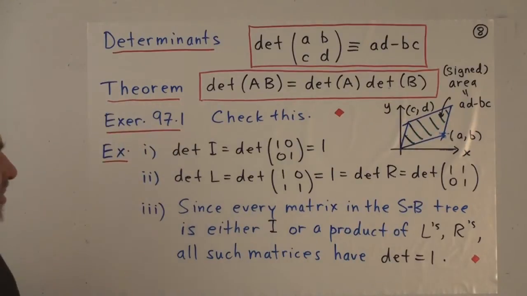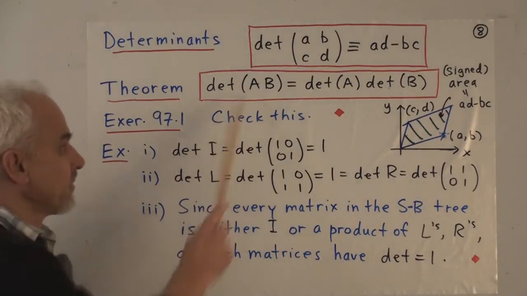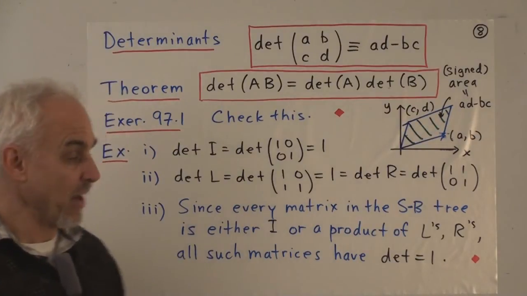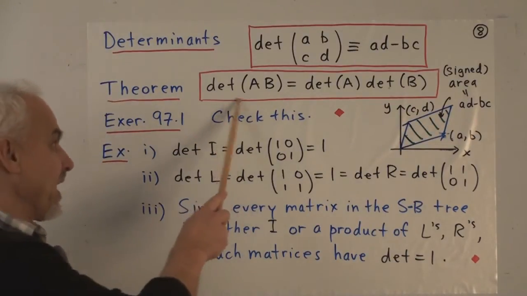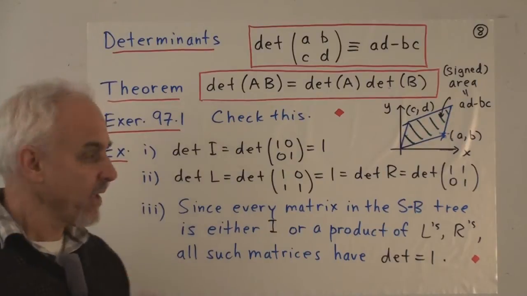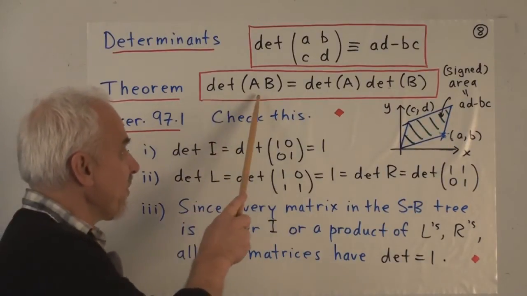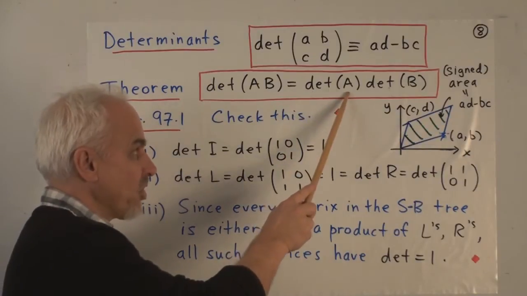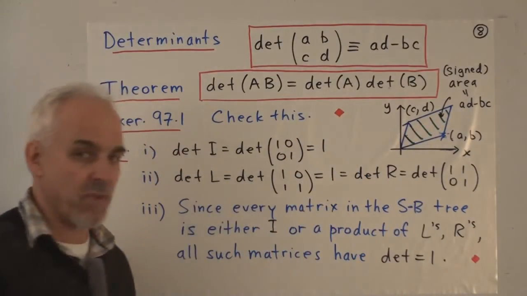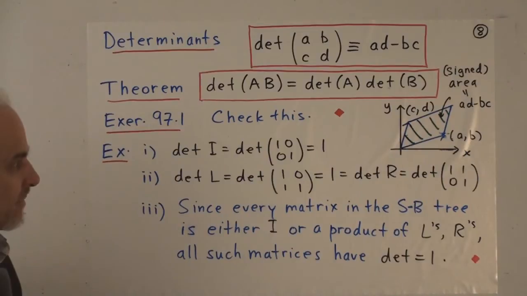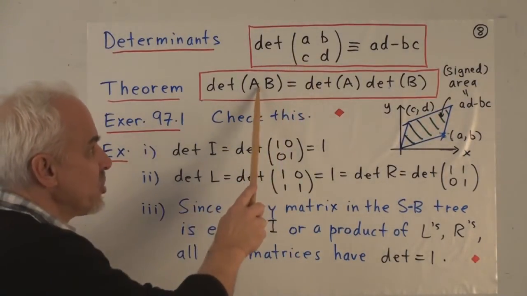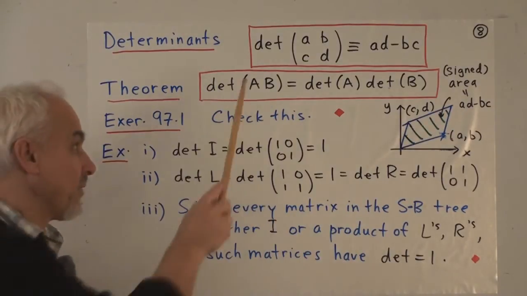So the main theorem about determinants is this one, which actually holds for any square matrices A and B, not just 2x2 ones. But in the 2x2 case, you could actually check it yourself. The statement is that the determinant of the product of two matrices is the product of the determinant of A times the determinant of B. So you can check this by actually working with two general matrices A and B and working out the left-hand